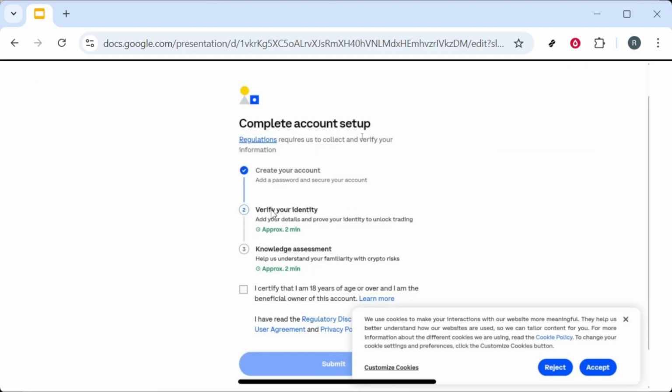To wrap up, remember these quick safety tips. Only use the official website or the official mobile app. Keep your login details and verification codes private, and consider turning on additional security options like an authenticator app or passkeys in your settings. You're now set up and ready to continue with